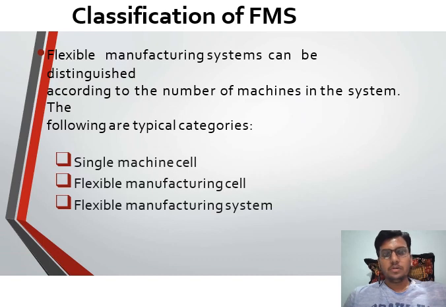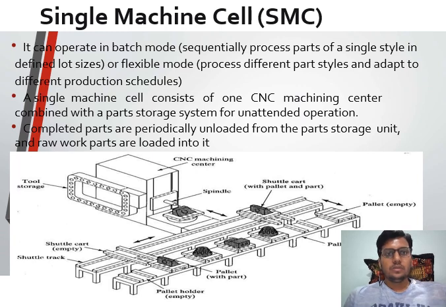In this slide we will see the classification of flexible manufacturing systems. A flexible manufacturing system can be distinguished according to the number of machines in the system. So typically we divide it into three major classifications. One is the single machine cell, second is the flexible manufacturing cell, and third is the flexible manufacturing system. So in the single machine cell, SMC,